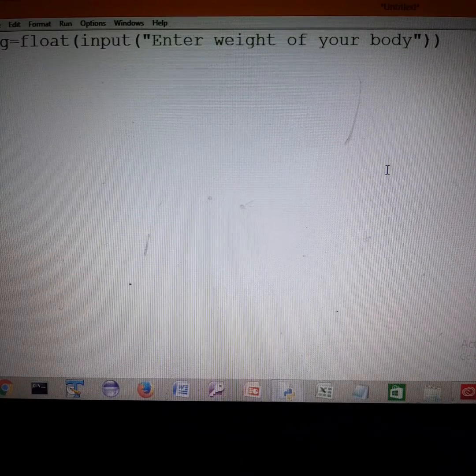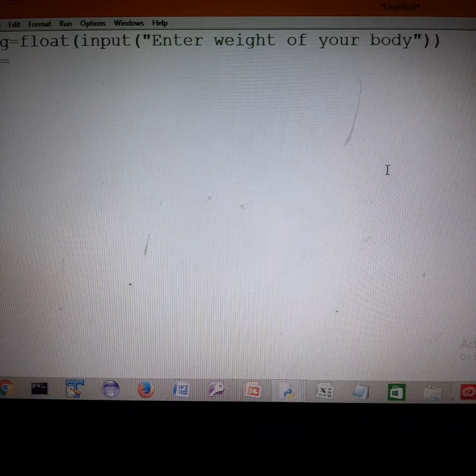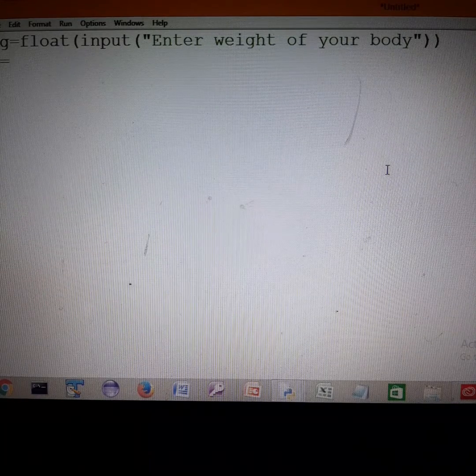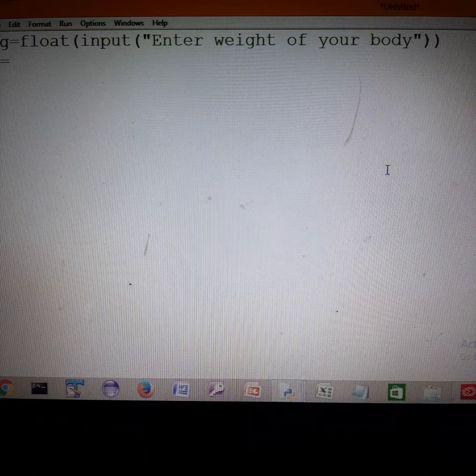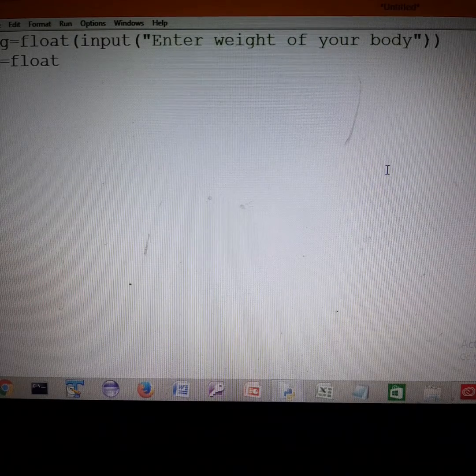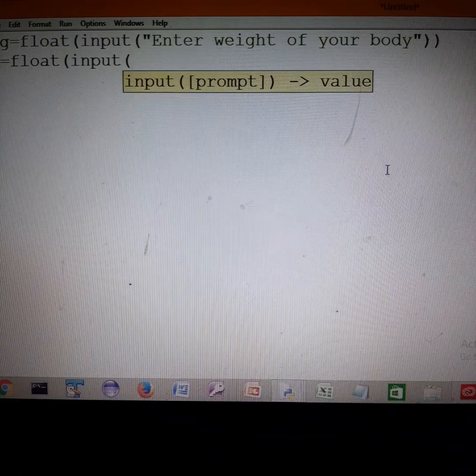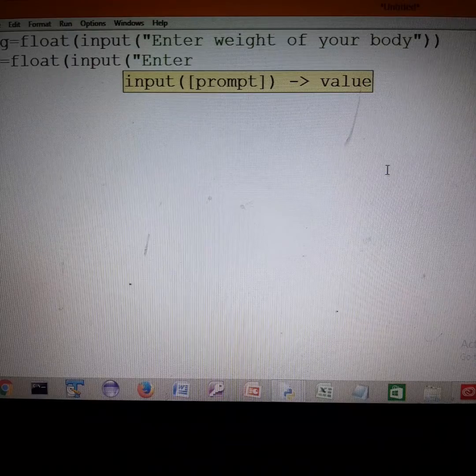And I have to take height also in meters. So m is equal to, height can also be in decimals, so we'll take that also in float. Input, enter height.